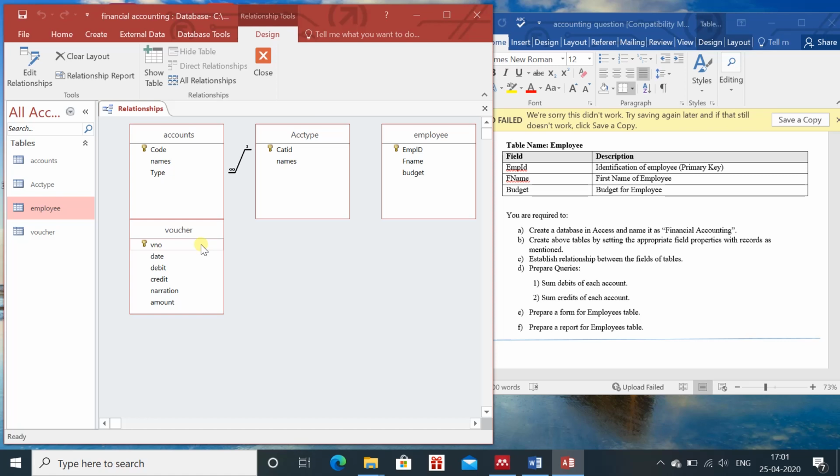Then we are required to make the another. In this you can see we have codes. In the tables you can see that we have the codes, and those codes are written here in these tables. So in these tables we have the code.